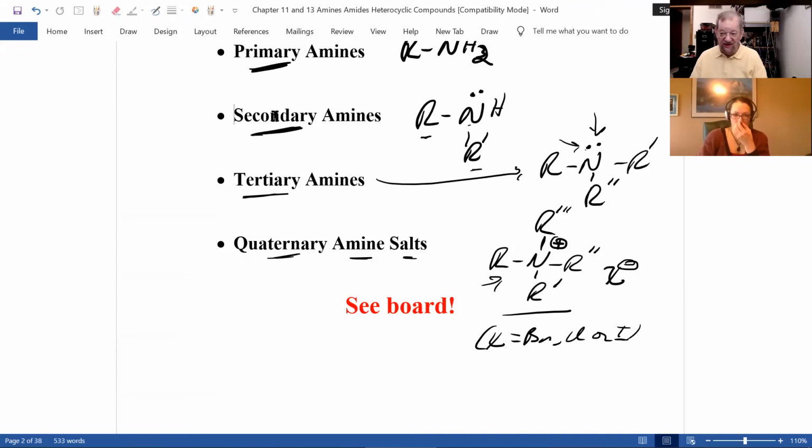And Dr. White's going to try and be a good chemist and not revert into slang, because if you work in industry, we call them quats, which is short for quaternary ammonium salt. But I won't say that again. I'll try not to use slang. But quaternary ammonium salts, I'll teach you later on, are very important in our daily life. If you like a fabric softener, it's in there, and certain mouthwashes, it's in there. It's an amazing functional group. Dr. White loves quaternary ammonium salts. I've been good to them. They've been good to me. Real good.